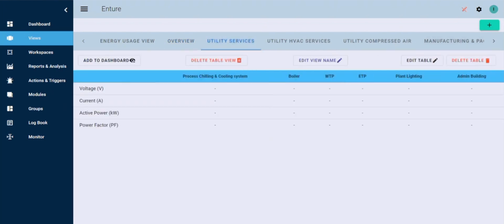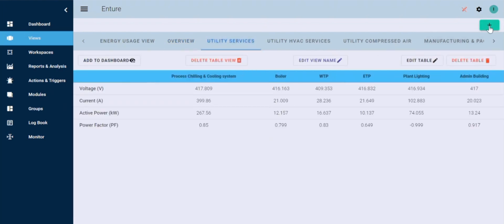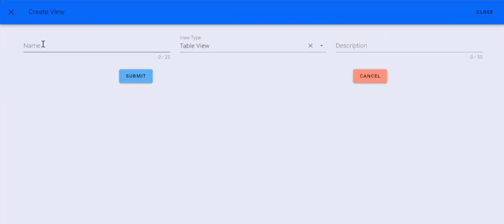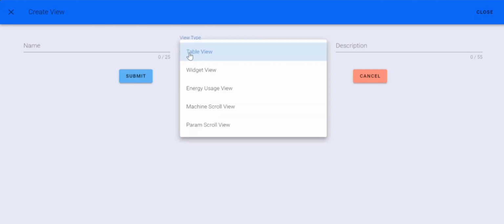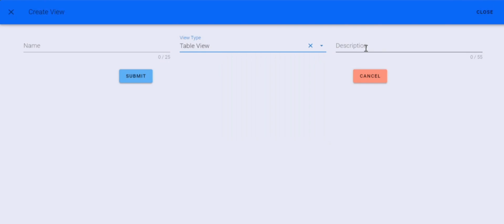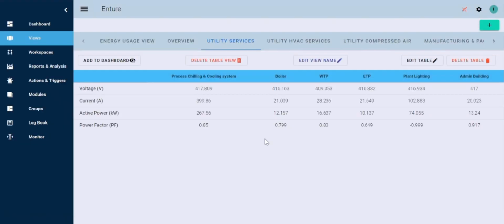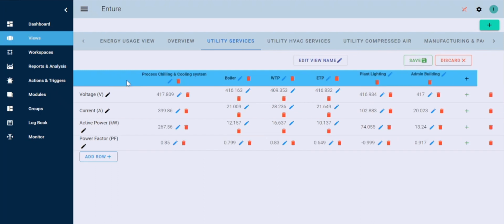To create the table view, we need to select the plus icon on the top. Here we need to give a name and then select the view type. Here we will be selecting the table view, and we'll give a description to it. Once this is done, we'll submit the details. Once we submit it, we'll create an empty table here